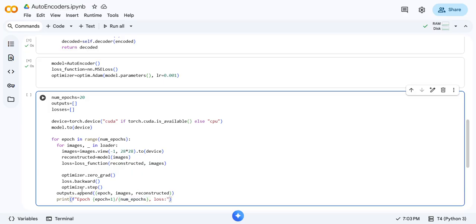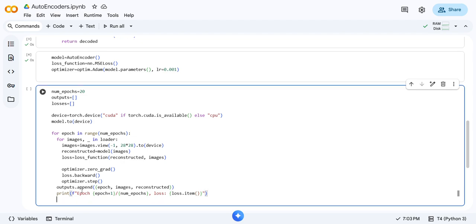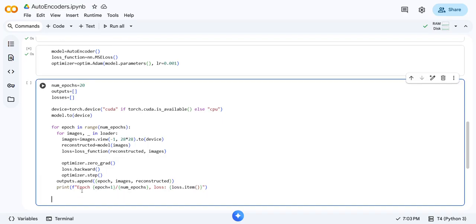Then I can also print my loss value. So loss value will come from loss.item, and that's it. So finally, what I can do is I can plot my losses. To do that, I'm going to do plt.plot losses, and then I'm going to keep a label for it